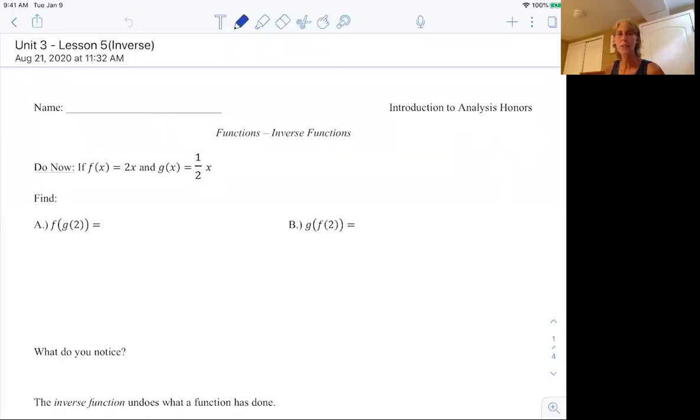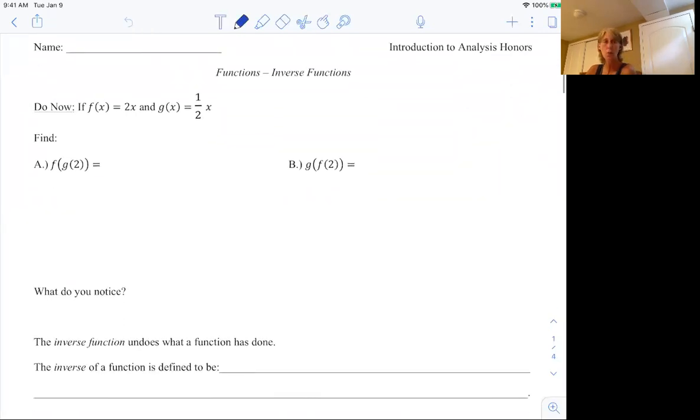Hey everybody, today we're going to be talking about inverse functions. It's the last day of our function unit. We're going to start with our do now. If f of x equals 2x and g of x equals 1/2 x, we want to find f of g